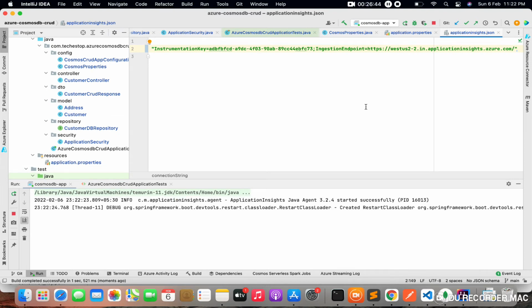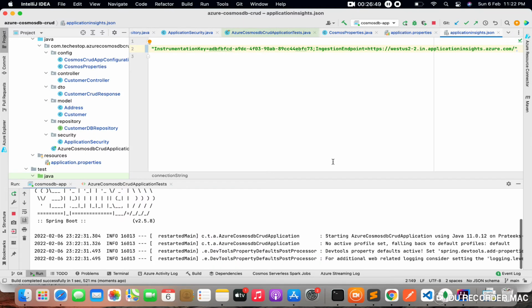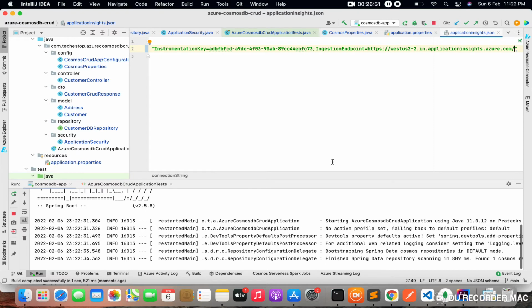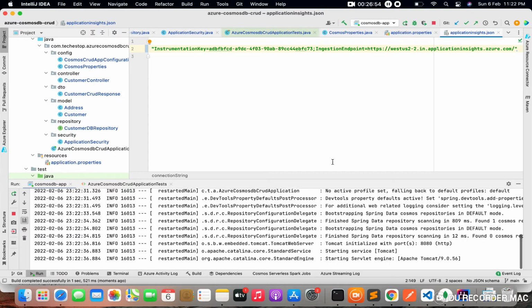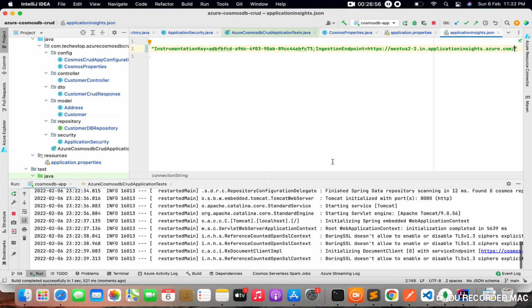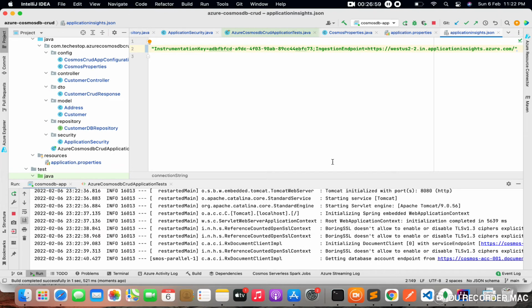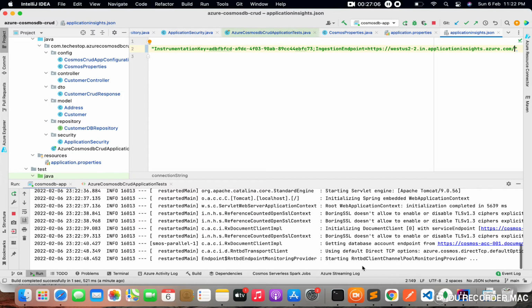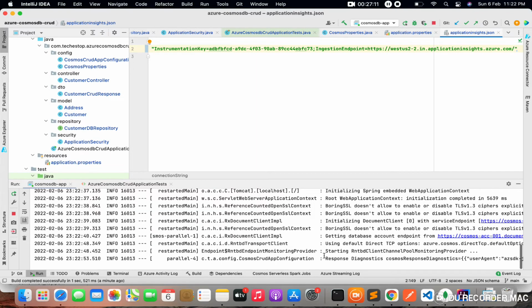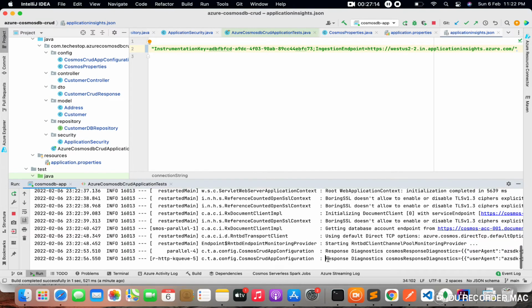It will take some time. Let it start. So the agent has started successfully. It is now starting the application. So your application has started now. You see the response diagnostic has also been configured now, so you can see how much time a particular query